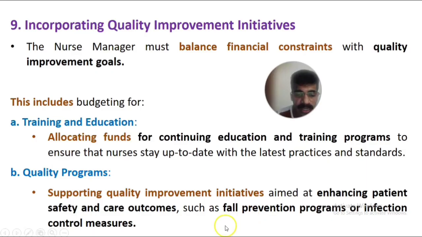So supporting quality improvement initiatives aimed at enhancing patient safety and patient care outcomes. Some examples: implementing a falls prevention program and giving more importance to infection control measures and programs in the hospital.